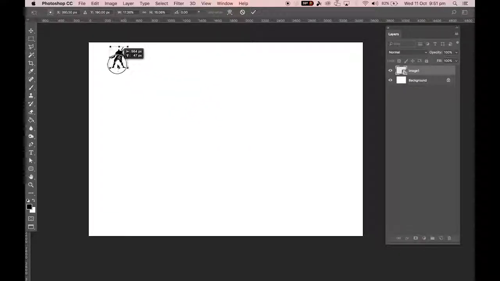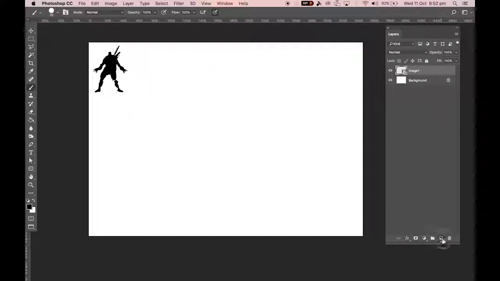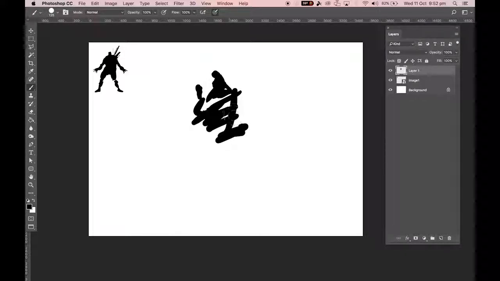Alright, so anyway, I'm going to transform this character and shrink down, holding down shift again to keep my proportions good. Let's put him in there. Let's make him a little bit bigger. And hit enter. New layer, fantastic. And I'm just going to throw together a few more random shapes and see what happens. Anyway, I'm going to pause that for now, and I'm just going to come up with a few